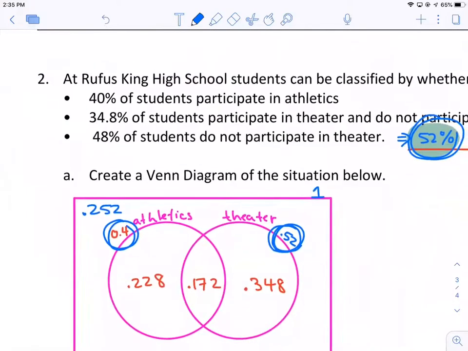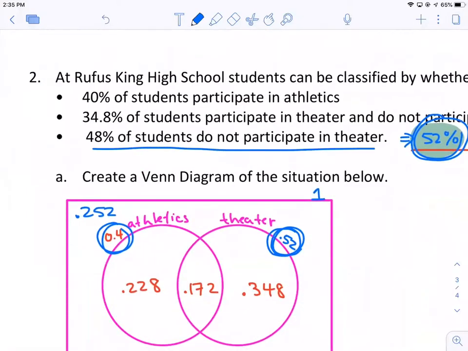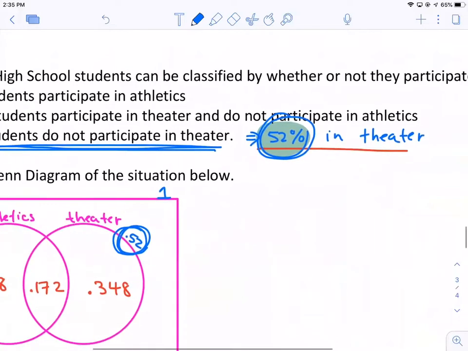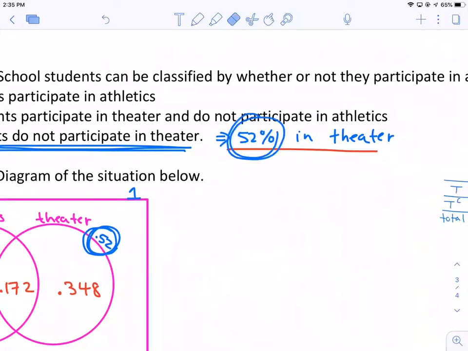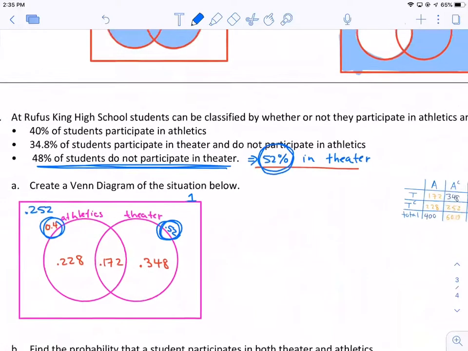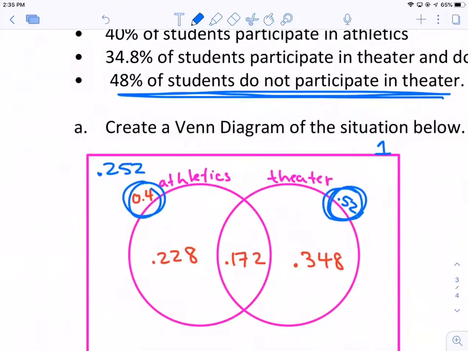So the way I got the 0.52 was that if 48% of students don't participate in theater, well then 52% have to participate in theater. So that was it. And then once you write in those numbers and you fill in what you can in the Venn diagram like that, you can figure out that number and this number. Right, it makes it a lot simpler. So